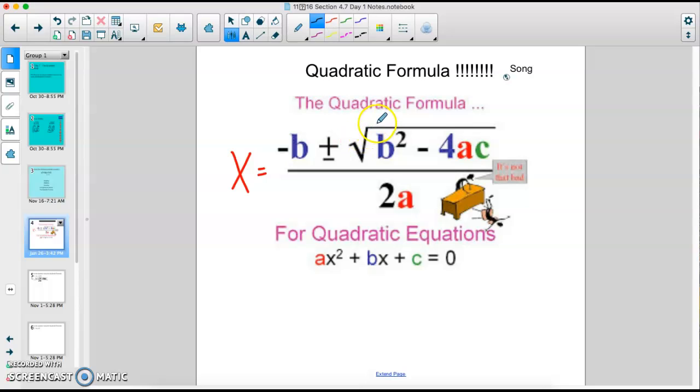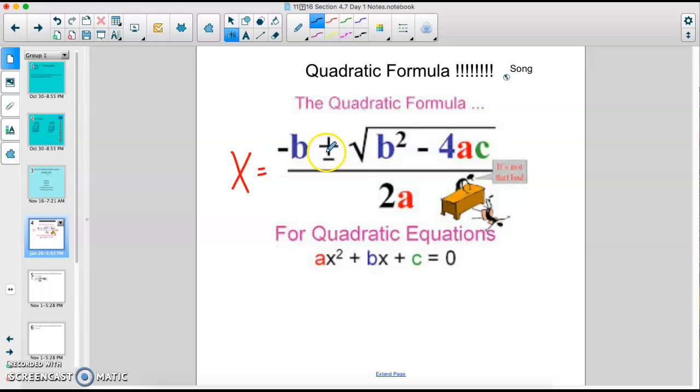The quadratic formula is this. There's a song with it. It's to the tune of "Pop Goes the Weasel." If you YouTube it, we're gonna sing it in class. You can YouTube it as well. It's an annoying song that just sticks with you, but man, is it helpful. So just get through the agony of having to listen to it and let it stick into your brain,